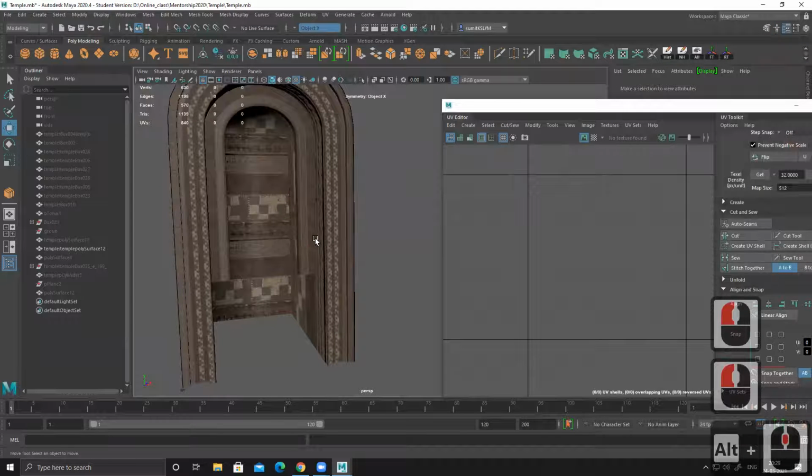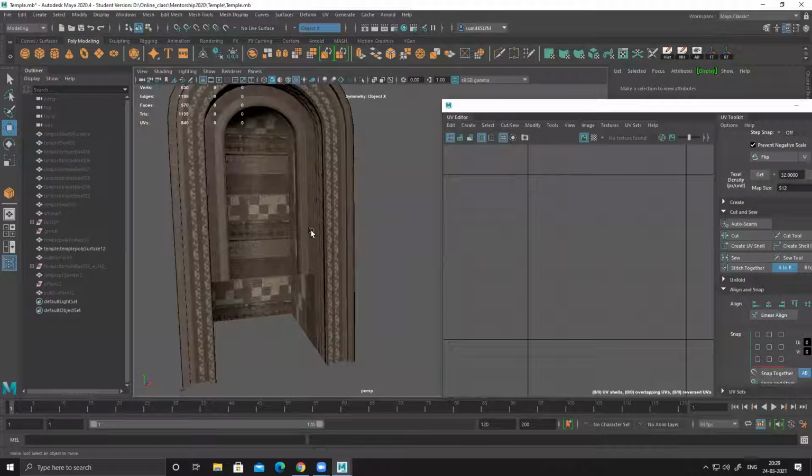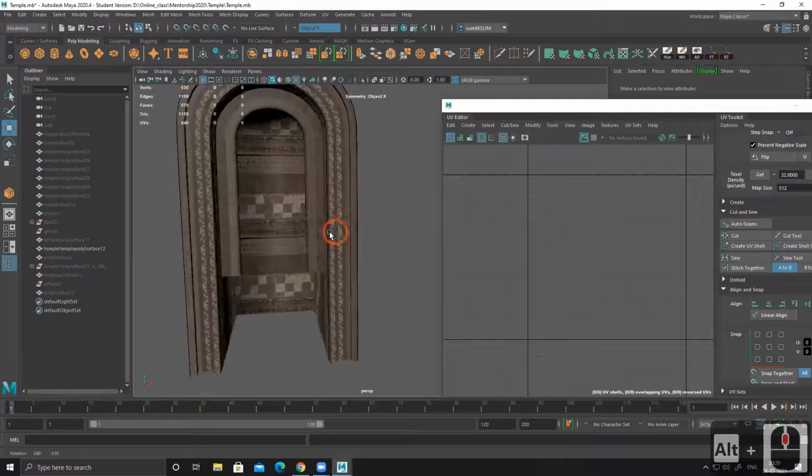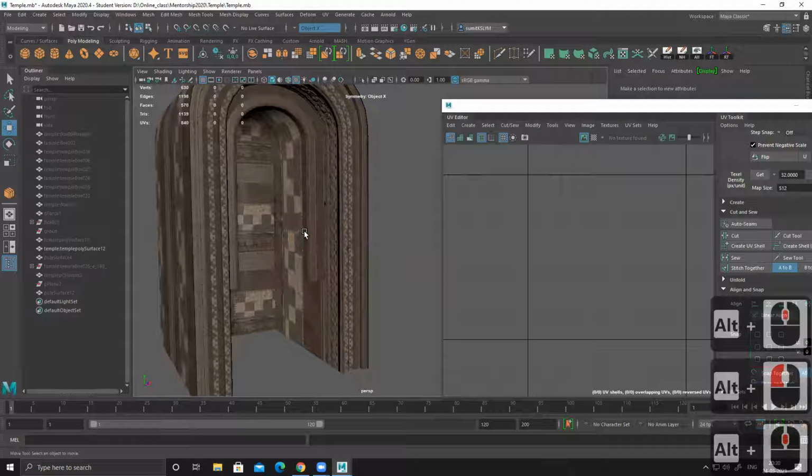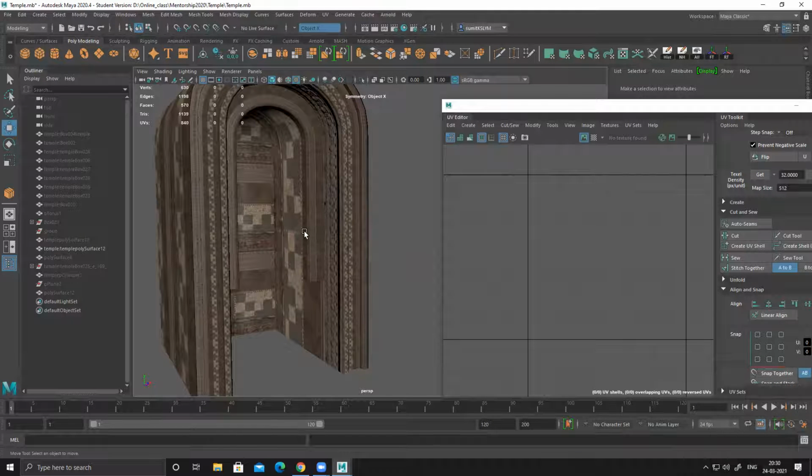Did I show you how to create this trim sheet with the help of Quixel Mixture? Yeah, for creating that pillar, you showed me how to download separate textures and combine them into a single texture. After that, we textured it using the trim sheet in Substance. No, what I'm saying is, did I show you how to create this trim sheet using Quixel Megascan, with no use of Substance?